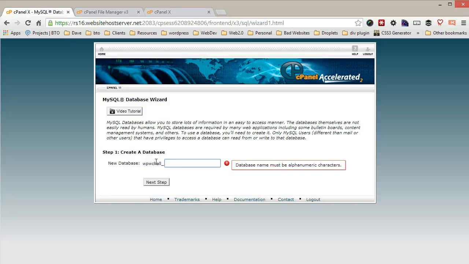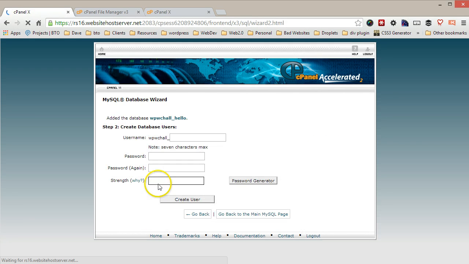So you might say CMS or site or really anything. I mean, it doesn't have to be a super secret name or hard to figure out. It just has to be something that the hackers don't already know. And then you're going to click Next Step